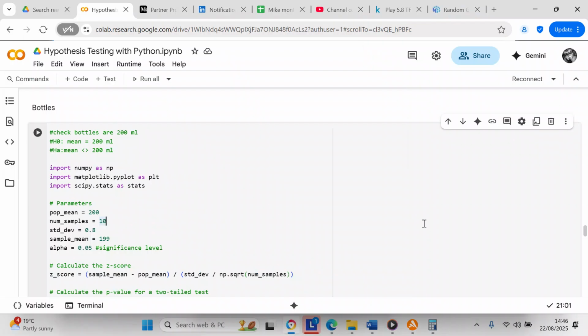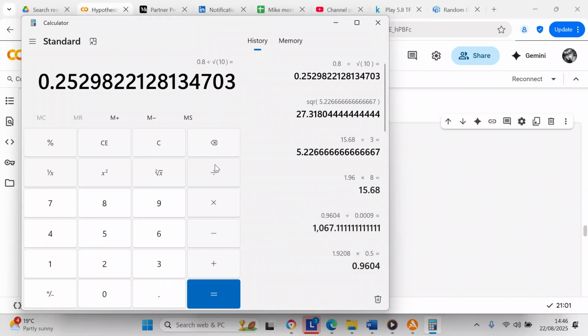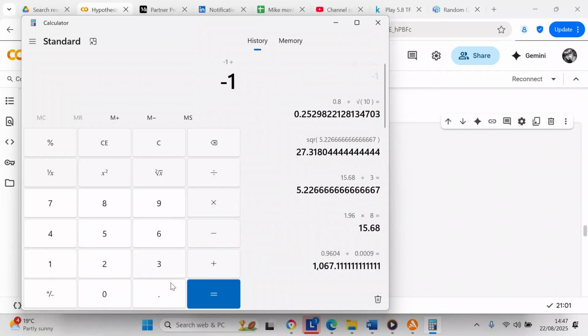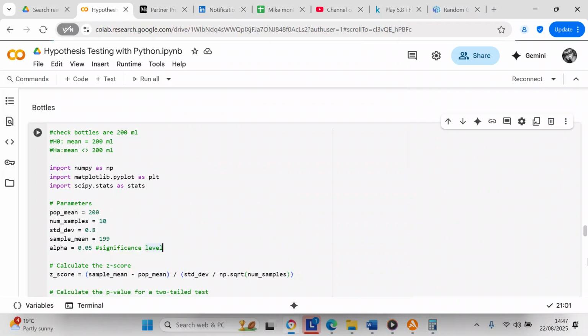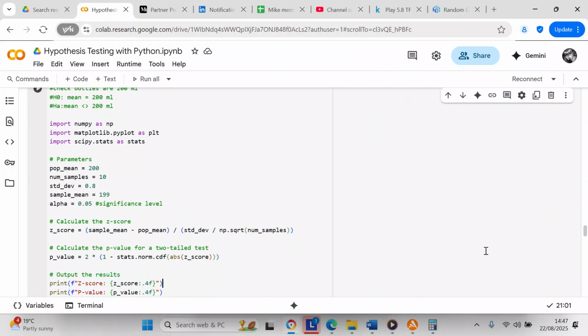And then the sample mean is 199 minus the population mean of 200, so that's going to be -1. So we're going to try that. That gives about -4, so that's close to it. That's what we're going to say. So your z-score is